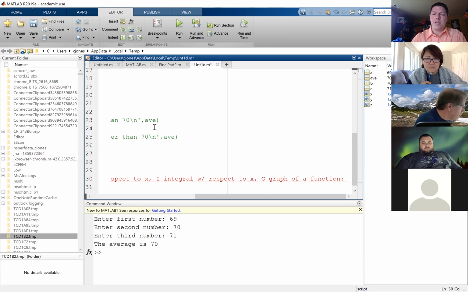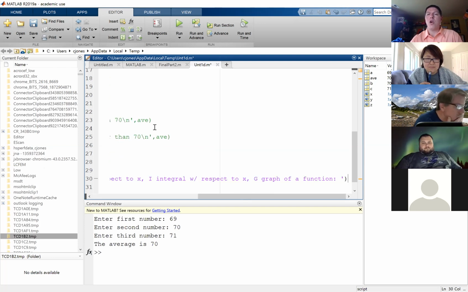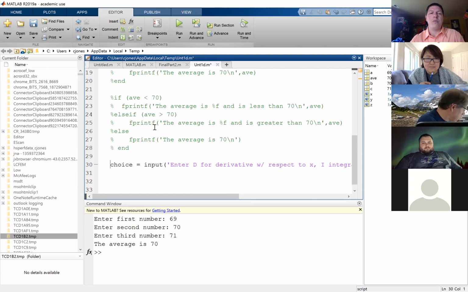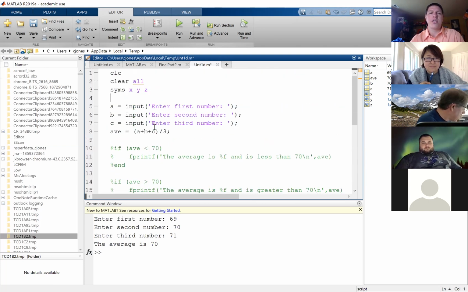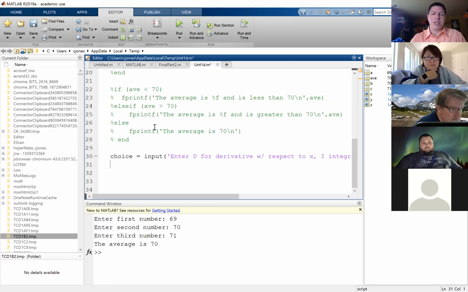All right, so I guess it's a choice. And then we're going to ask for the polynomial or for the expression. I think we're going to have to make that a symbolic variable. I was going to say exp, but that's not a good idea. So let's just say expression. I don't think expression is a keyword in MATLAB. So we're going to say expression